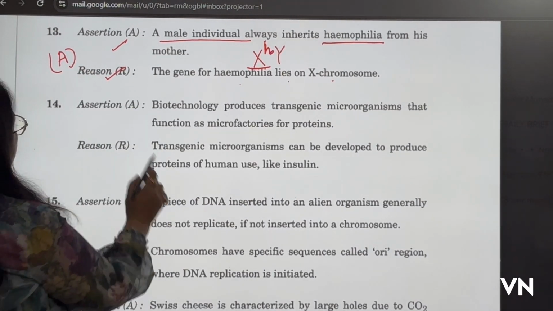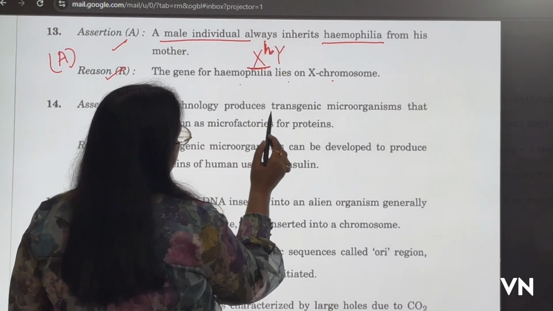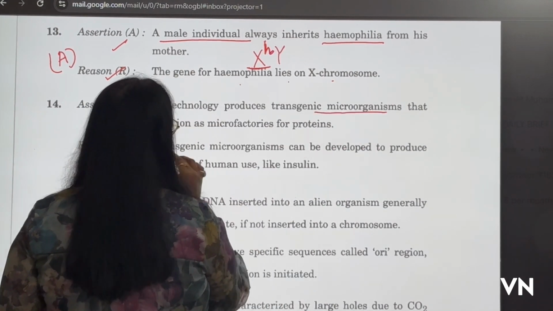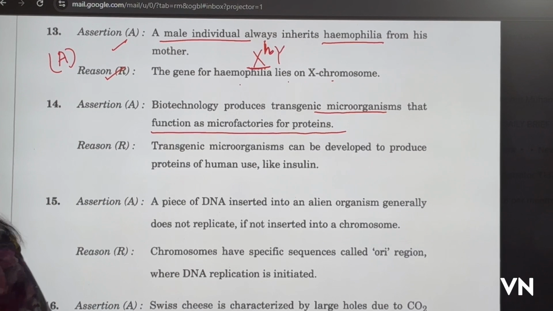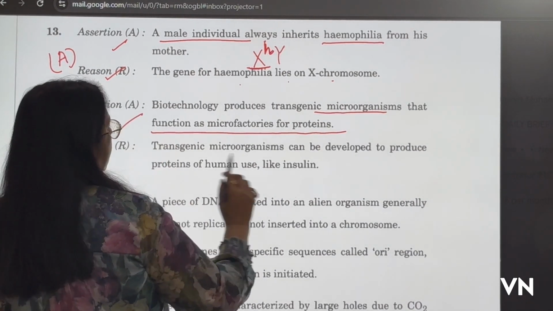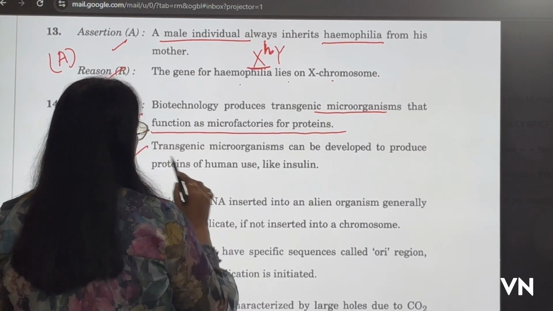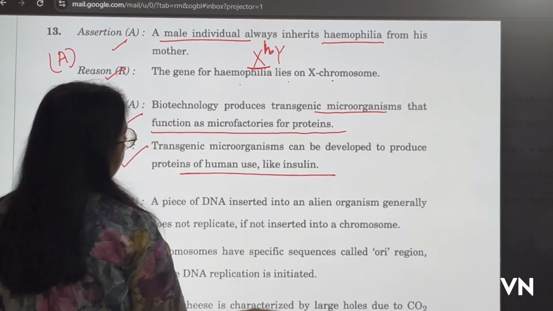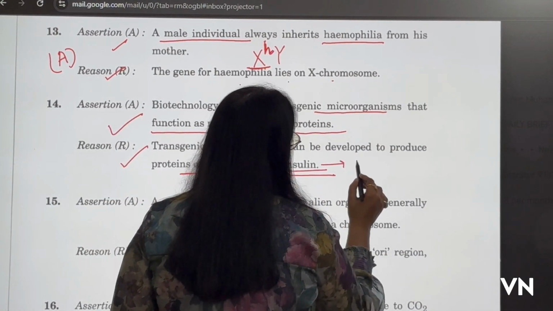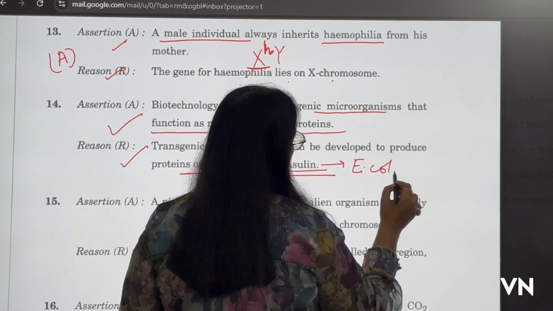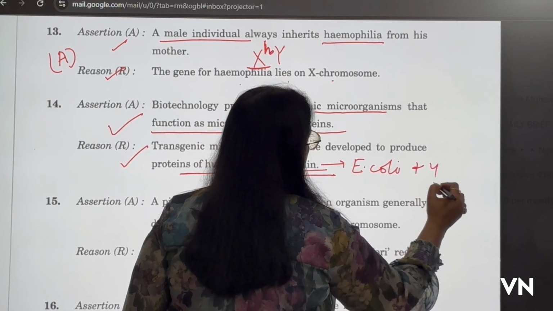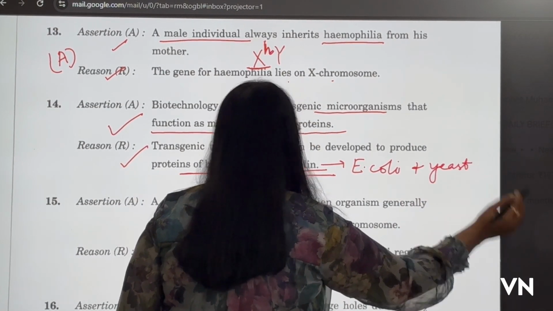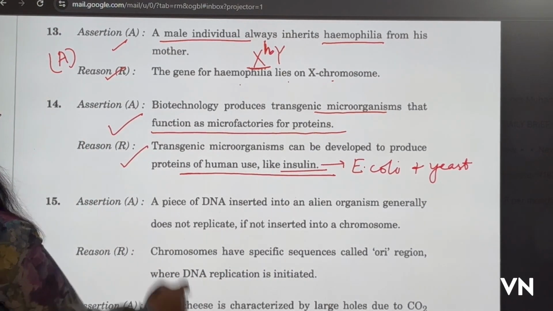Assertion of question number 14: biotechnology produces transgenic microorganisms that function as microfactories for proteins. Yes. And transgenic microorganisms can be developed to produce proteins of human use like insulin. This is also correct because insulin is obtained from E. coli and Saccharomyces cerevisiae, that is yeast. So this is